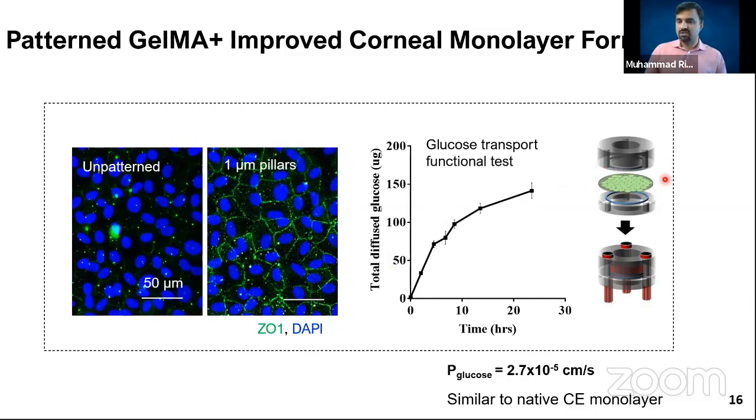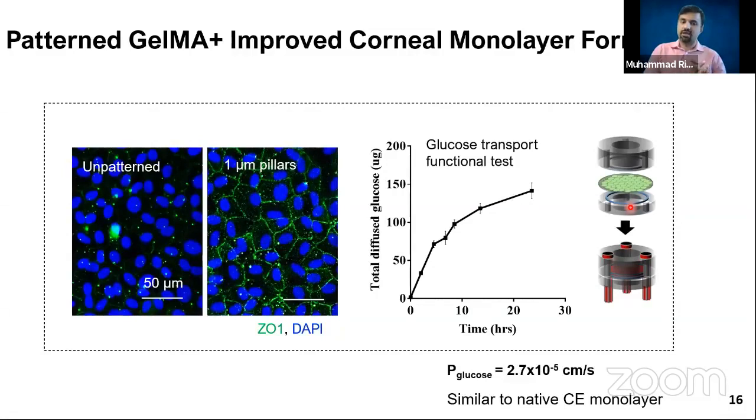So we basically engineered this graft with these cells on it, and then we also tested the glucose transport. One of the functions of these cells in the cornea is that they provide glucose to the rest of the cornea as food so that the cornea stays healthy and stays transparent. So we want to make sure that the tissue engineered corneal endothelial graft that we are making in the lab can also do the same function. And it showed that glucose can be transported through these hydrogels. So quality wise, it looks great.